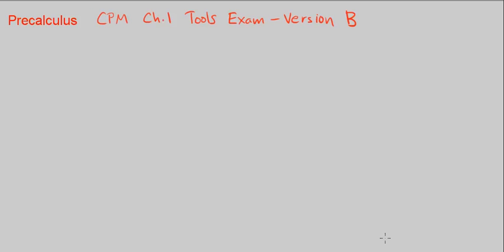So this is the Precalculus unit exam on Chapter 1 of CPM Tools, version B. Okay, version B. So number 1, we were given a function, right? We were given h of x is equal to absolute value of x plus 3 minus pi. Okay? So we were asked to A, state the equation of the parent graph, and B, describe the transformations from